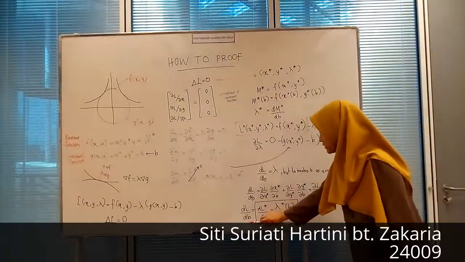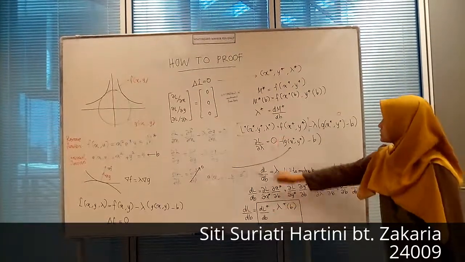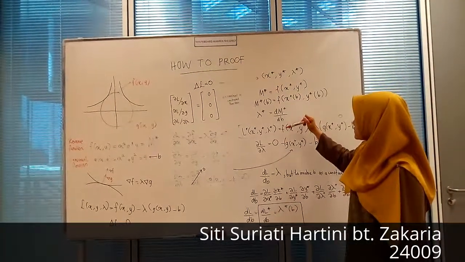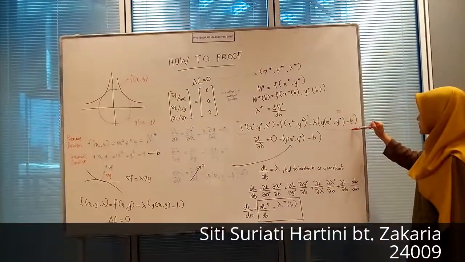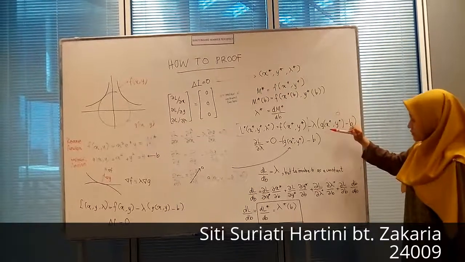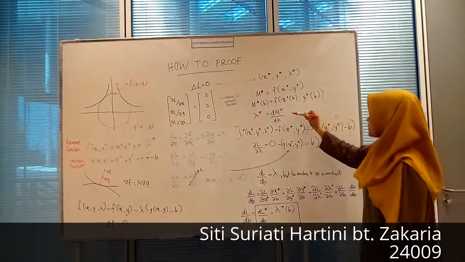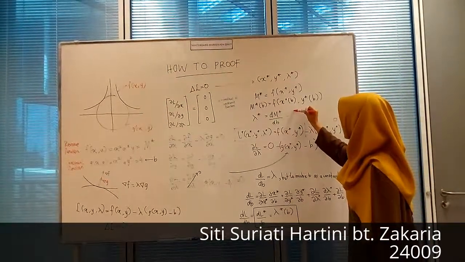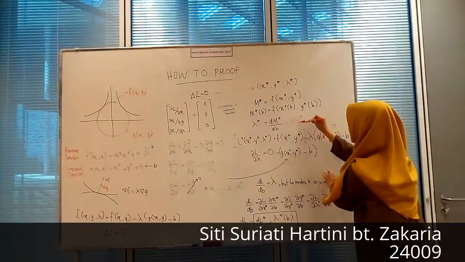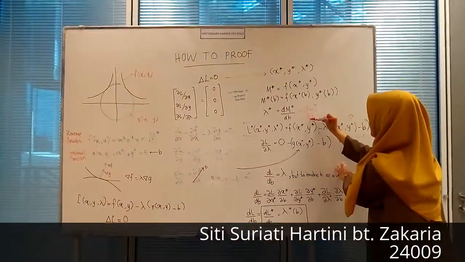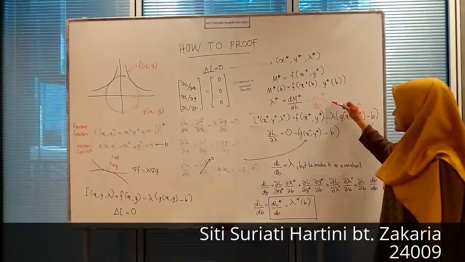So we get back that dL over db is equal to dL star over db. And from this, L is equal to M star because this value is equal to 0. So we can prove that lambda star in terms of b is equal to dM star over db. This one is proved. That's all.